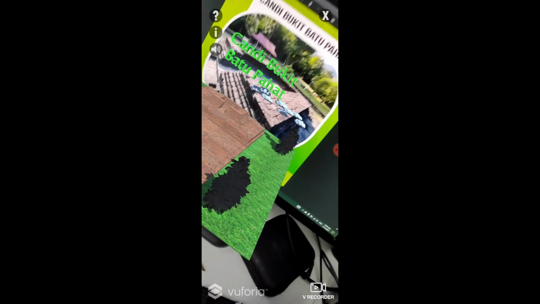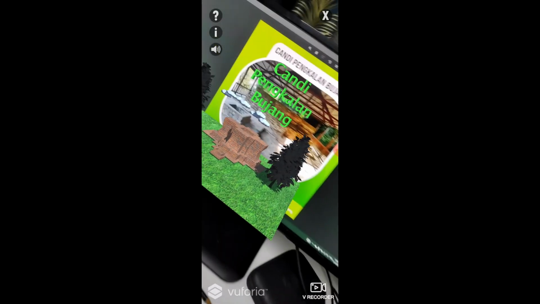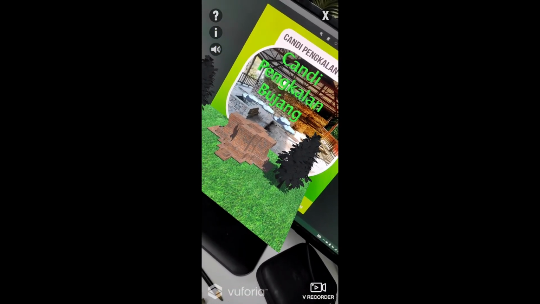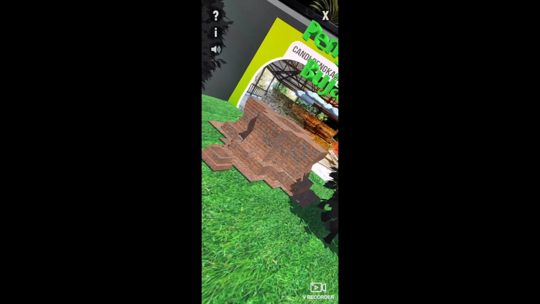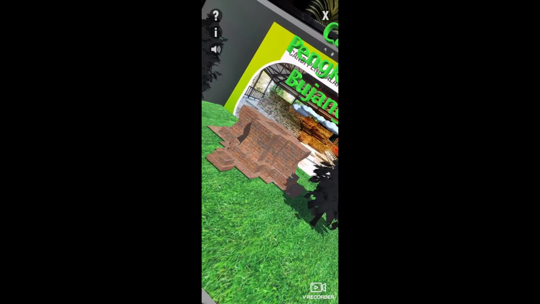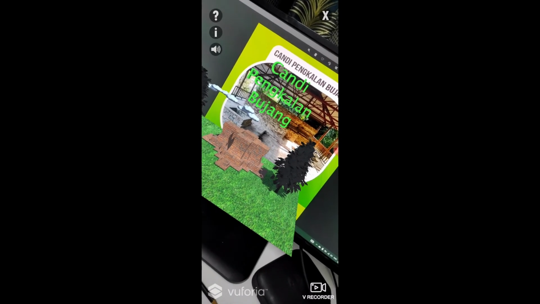So let's move to the second map, the third map, Pangkalan Bujang. Before I forget, we can zoom in using two fingers. We can zoom in or zoom out the model using only your fingers.